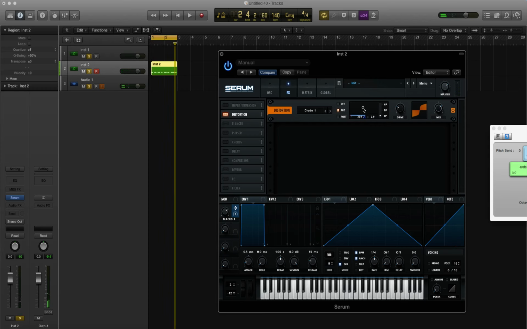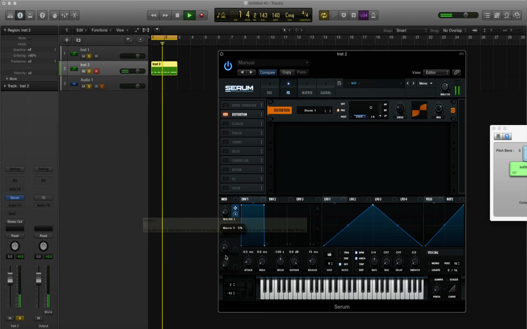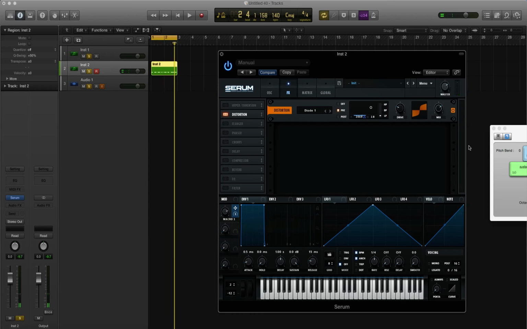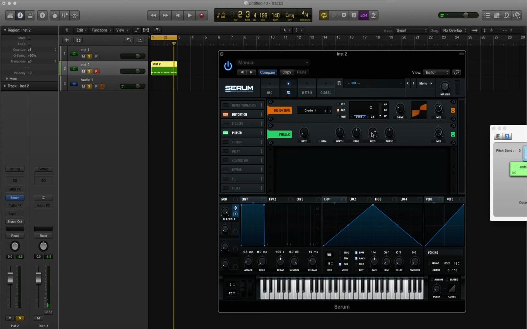You want it about halfway up and either here or here. So let's just set it towards the right side of the graph for now. Sounds pretty good to me. Let's turn down the mix a little bit. Sounds good to me. Now let's go into the phaser and take down the depth a little bit, maybe the